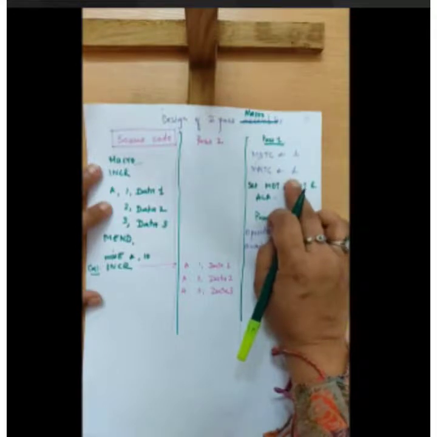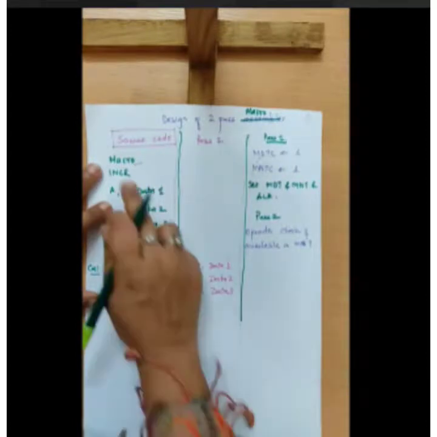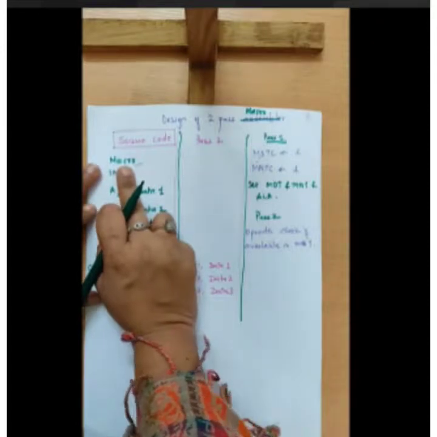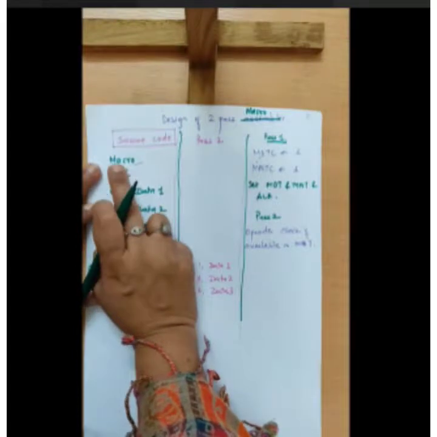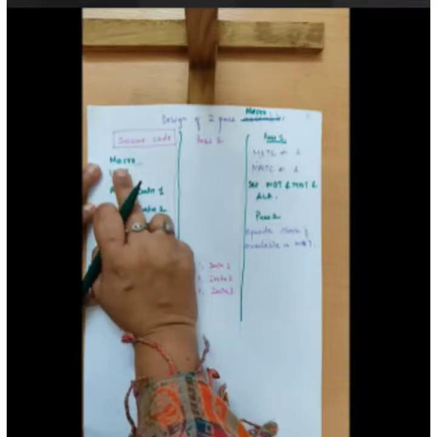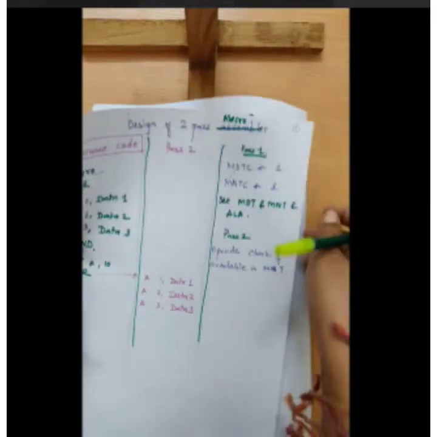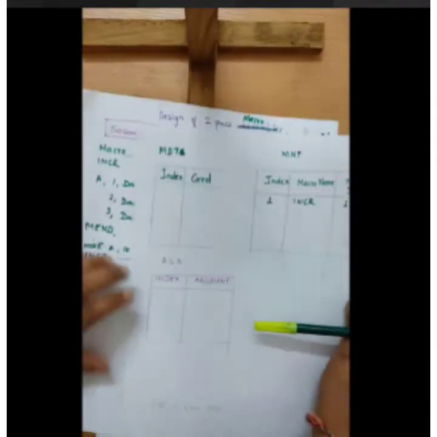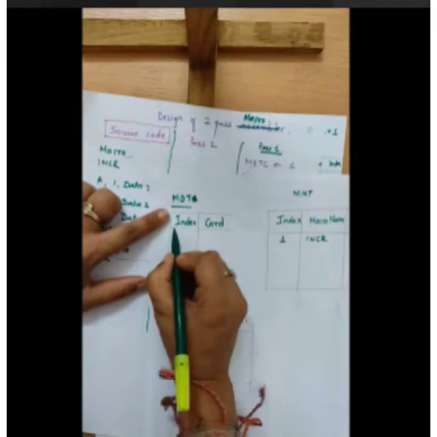Then we start reading the next line from the program. We read the line and we come across the macro opcode. When we have a macro opcode, we now have to start defining our tables. So now let us draw the structure of our tables. As you know, we have three tables. MDT table, we have seen the format.